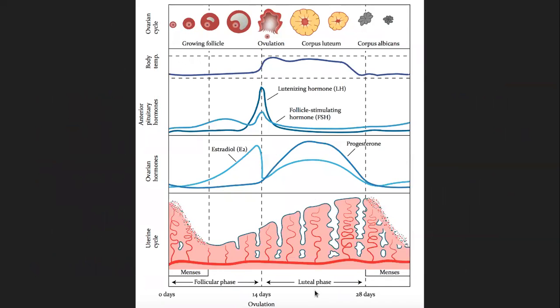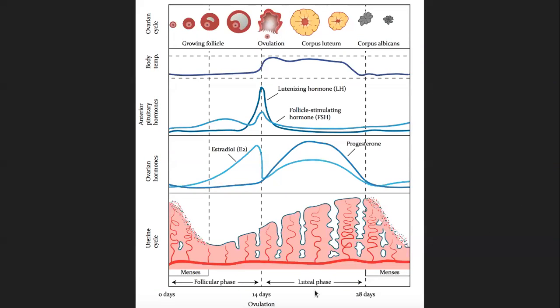So if you look at the topmost part, which says ovarian cycle, that shows the growth of the follicle up to the end. And if you look at the 14th day, ovulation has happened. Before ovulation happens, the Graafian follicle has to be ready. Otherwise, these will be in the primary and secondary follicle stage, right? I hope you have understood that. That is what is shown here as growing follicle. This will be the Graafian follicle. This will be the release of the ovum on the 14th day.